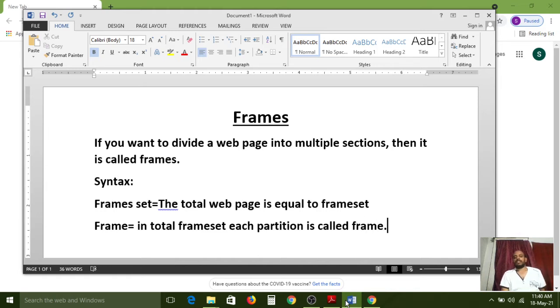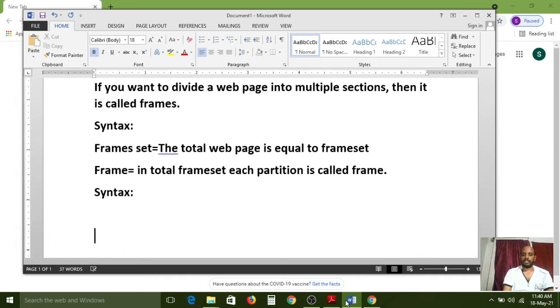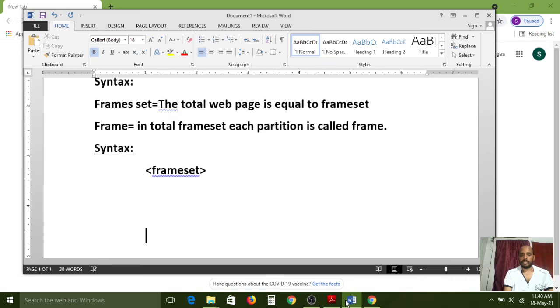Like that, in our web page we can divide the different partitions, the different frames. Okay, now we have to see the syntax. Opening frameset and closing frameset.